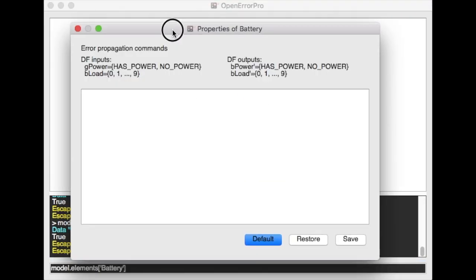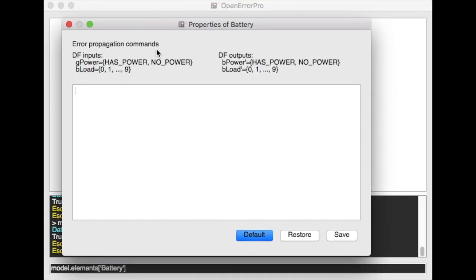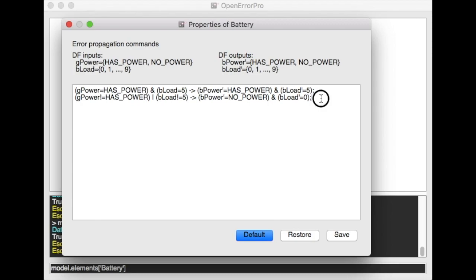Let's set up the behavior of the battery. We use the same Prism style commands. Battery has inputs and outputs. So we define the following logic. If the G power, the power that comes from the generator, equal to has power, then we increase the load